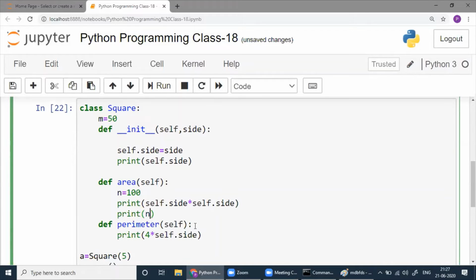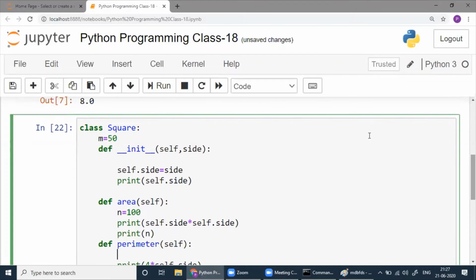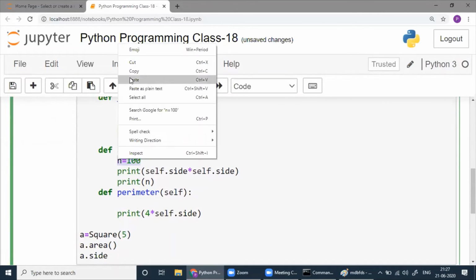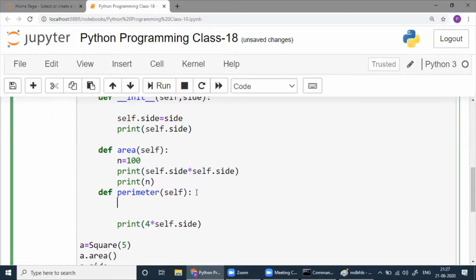Then, whatever you write here, n is 150, print n. Okay, you can write like that. But m is the same for all. Because they're different, n is 100 here, copy, you make it 150, and again print m.